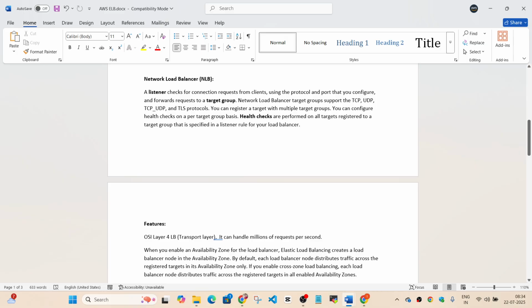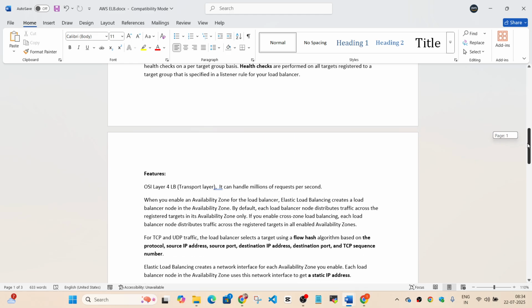So if someone asks you about this, you have to tell these things, that network load balancer is a layer 4 load balancer, which means that it uses the features of the transport layer of the OSI model. Like that, you have to start, and then you can talk about how it works. So the things are quite the same in ALB and NLB. Only a few things differ. You're able to perform health checks also, and it's going to perform health checks and send the traffic only to the healthy targets.